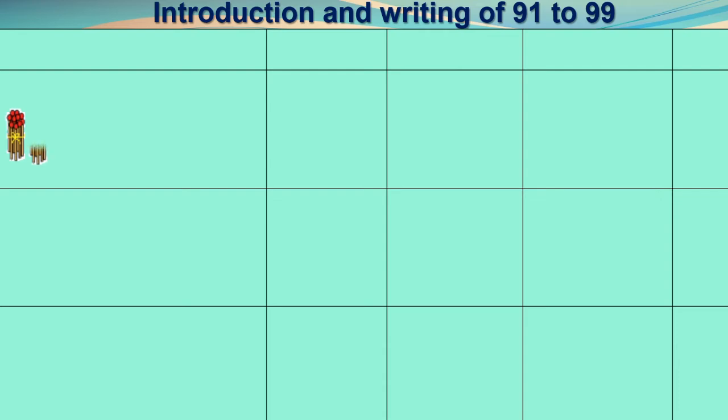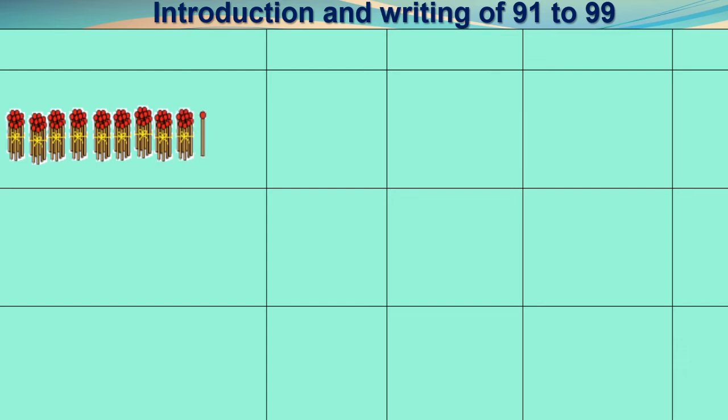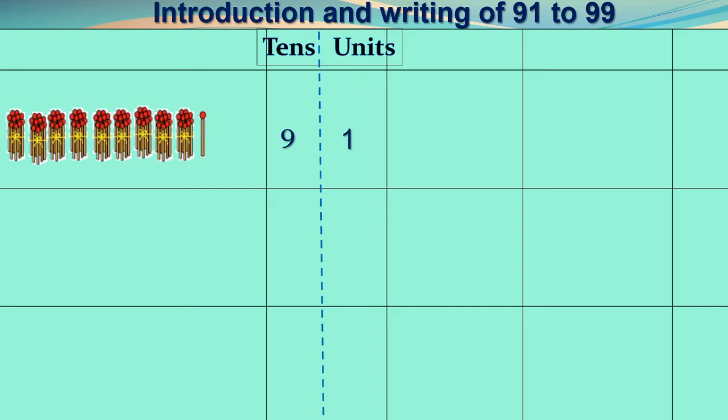Okay, this is 1, 2, 3, 4, 5, 6, 7, 8, 9 and one more, that is single. Yes, same thing we will write in tens and units form. How many tens are there? 9 bundles means 9 tens. Very nice. And one single, correct? So that is 1 unit. In words, 9 tens and 1 unit. The number formed is